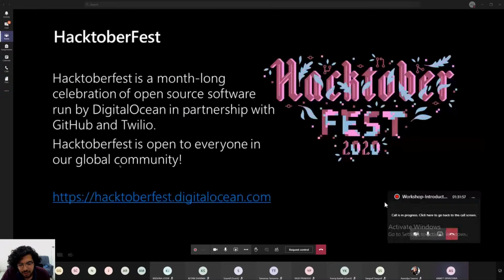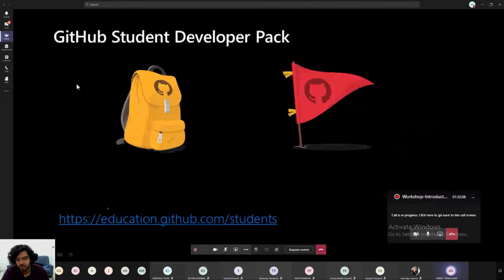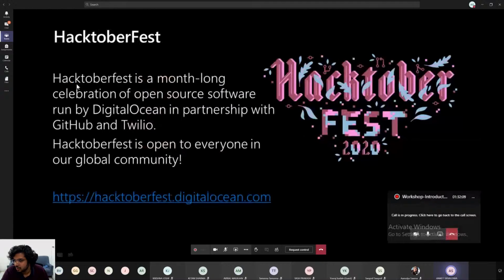This year, Hacktoberfest has decided to work with only opt-in projects, that is, who wants to participate in Hacktoberfest. And there have been so many spammy pull requests. So I'll suggest don't make minor changes like editing a text or adding a print statement. Try to make useful pull requests. Try to visit the Hacktoberfest website.